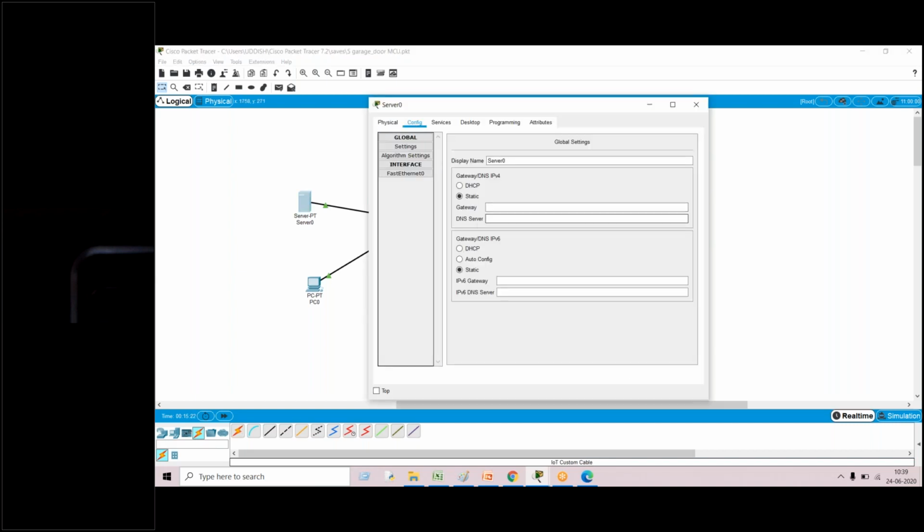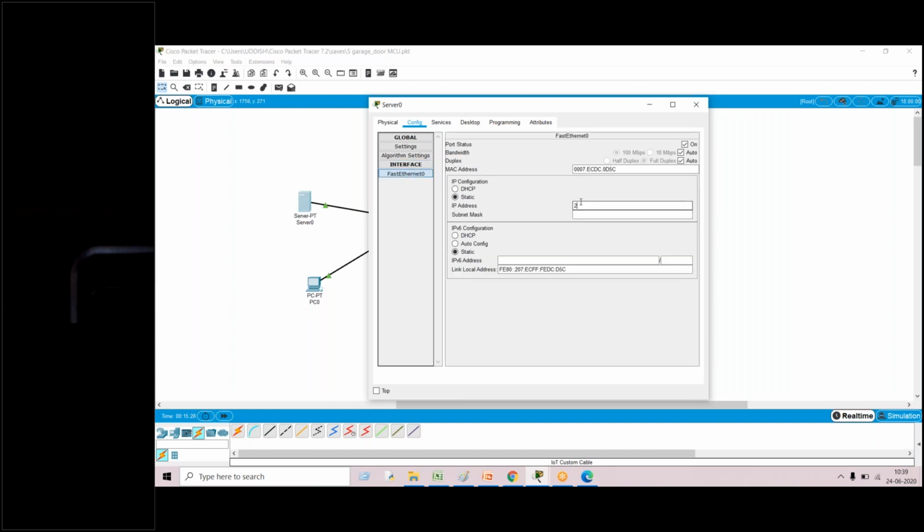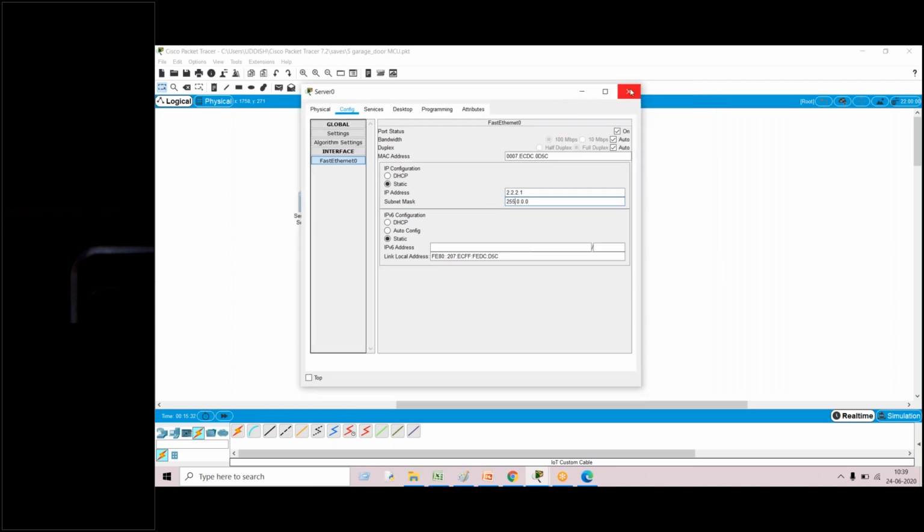Server, I'll assign IP address. Go to configuration, fast Ethernet, static 2.2.2.1, subnet mask.